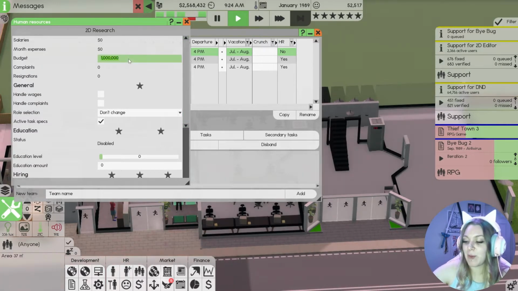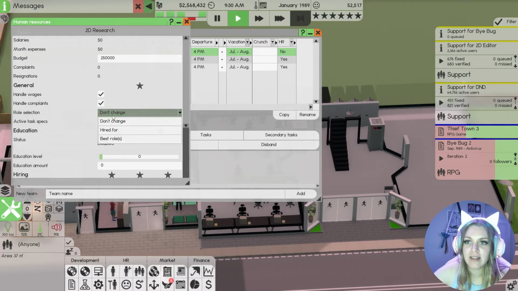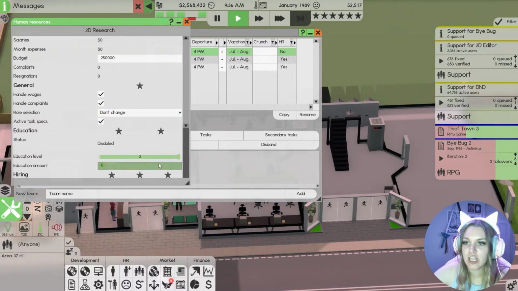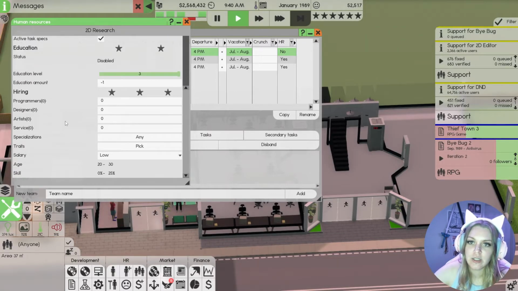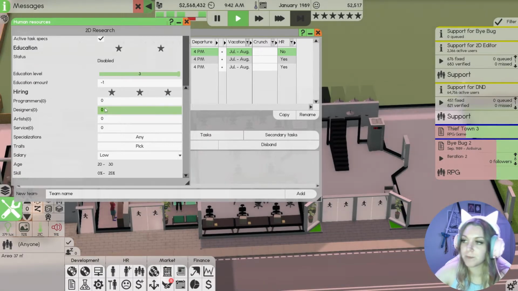So our 2D research team, let's go ahead and jump into HR management. We are going to give them a budget of $250,000. They're going to handle wages and they're going to handle complaints. They are going to hit don't change for that. We'll give them level 3 education and we'll do a -1 so they can get educated as they need to. We want designers.